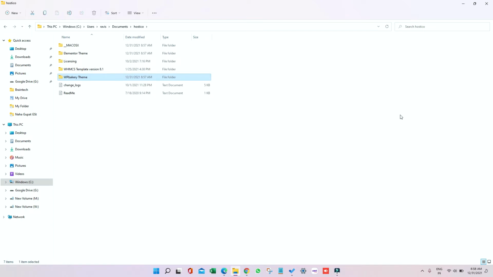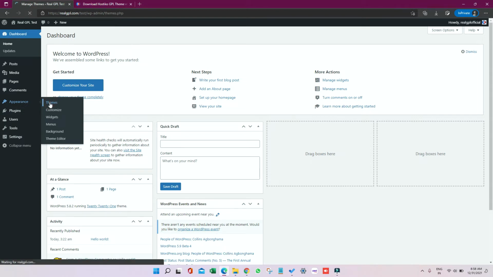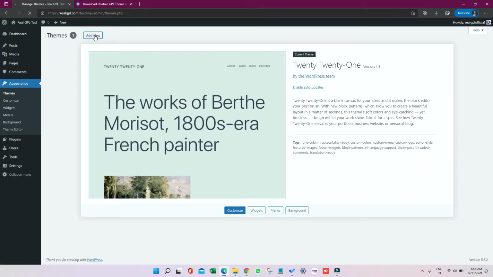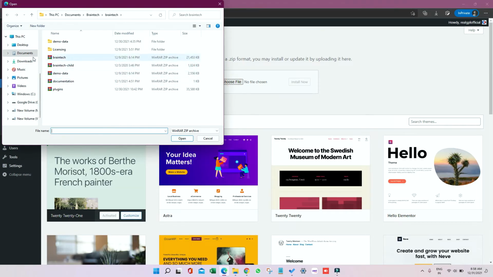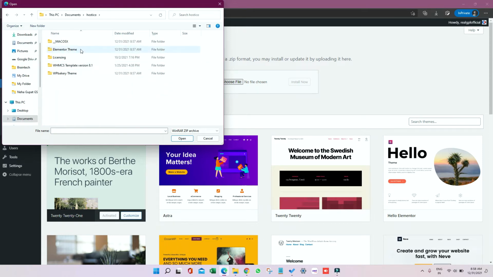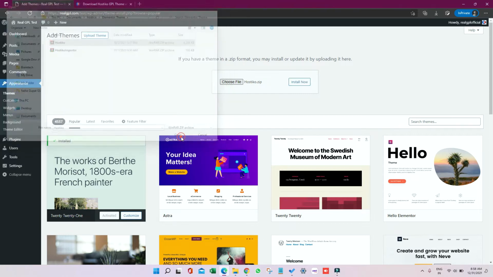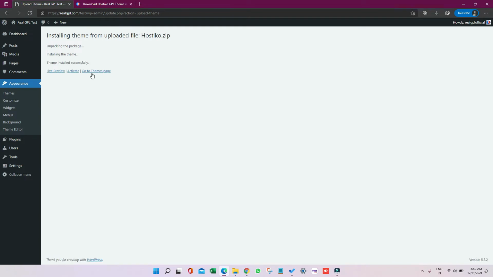Okay. So let me go to my WordPress and I will go to appearance and then themes. Then I will click on add new, click on upload theme, click on choose file, and then what you have to do, let me go to the respective folder, then Hostico. Now I will be installing Elementor theme here. Okay, so I will go to Elementor theme folder, I will choose Hostico theme, the parent one, click on open, then click on install now. Once installed, just click on activate,